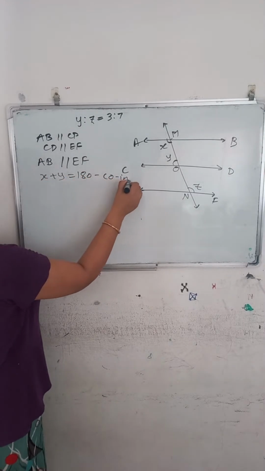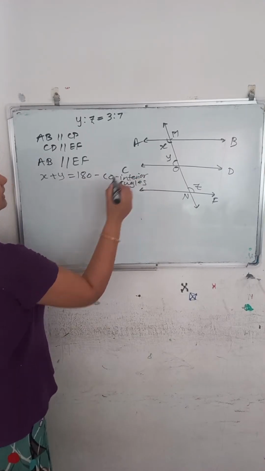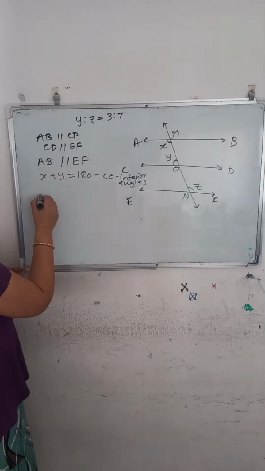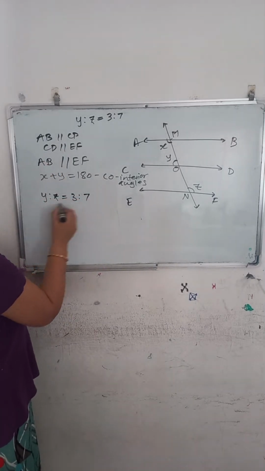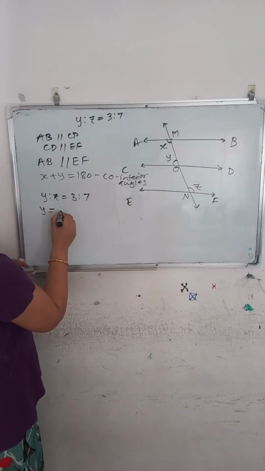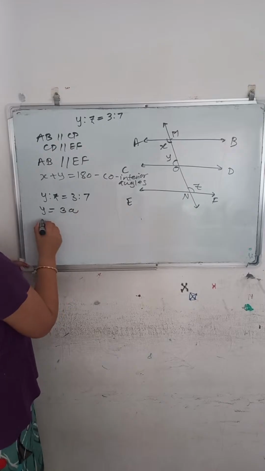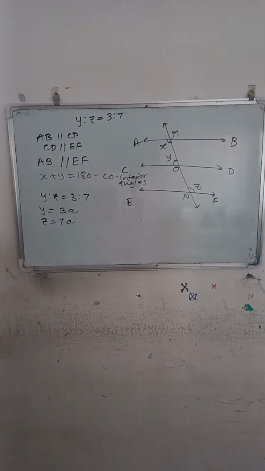Write the reason, co-interior angles. But here Y is to Z is given 3 is to 7. So I will assume that angle as A because the X variable is there. So Y is 3A and Z is nothing but 7A. Now if you observe carefully,